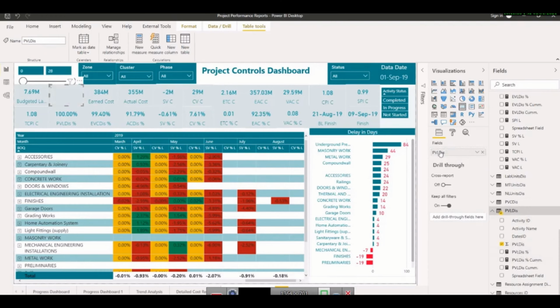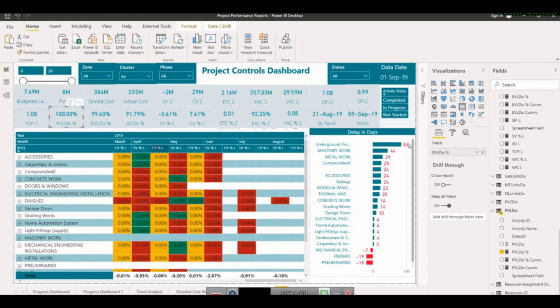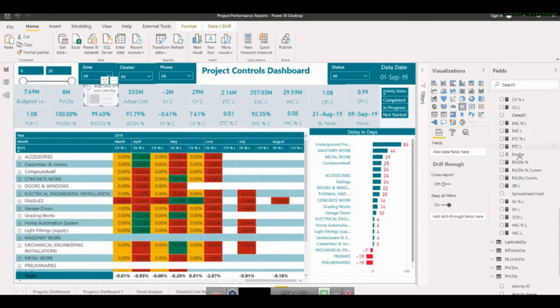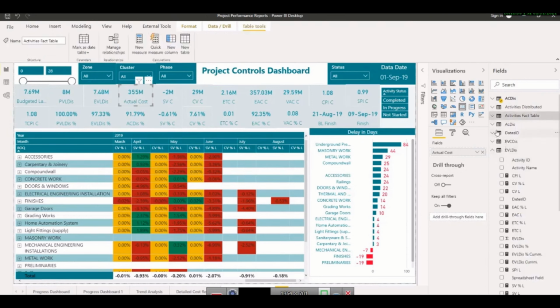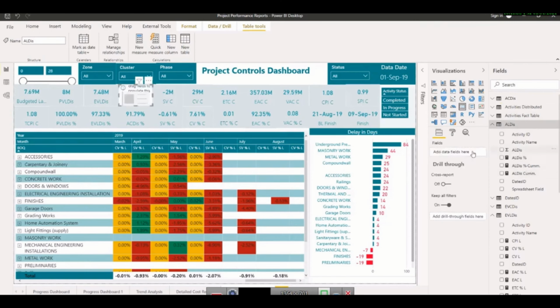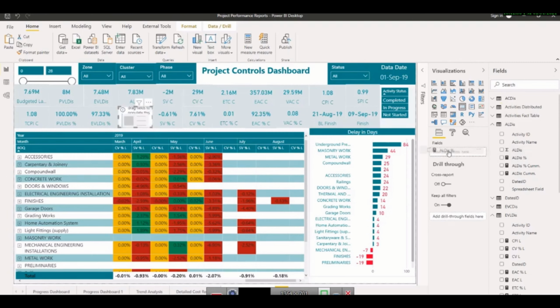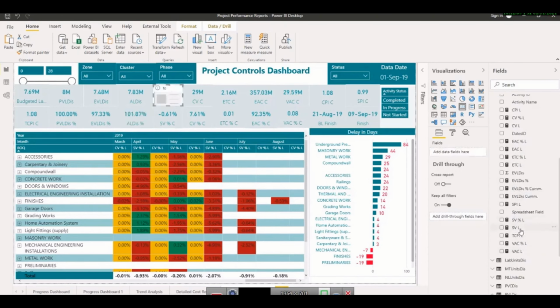Planned value labor will come here, and earned value, so hand in hand planned value labor percent, earned value labor will be here, yes, earned value labor percent, actual cost labor, actual labor percent, schedule variance, labor,